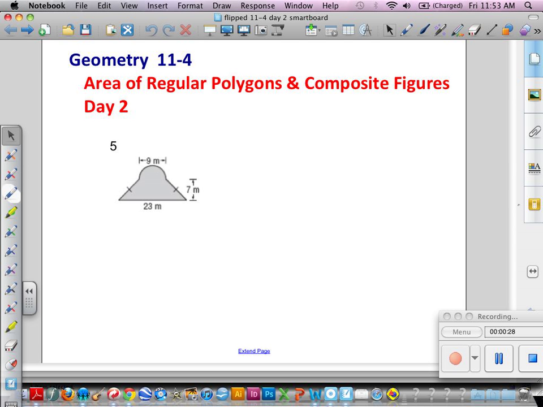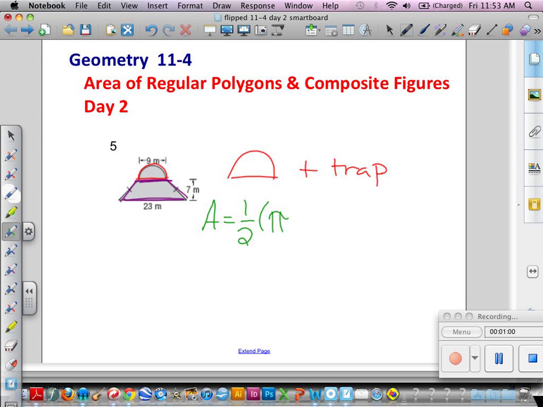When I look at my first example, which is number 5, I'm going to break this into two pieces. I'm looking here and I'm saying, okay, I've got a trapezoid and I've got half of a circle. So I'm going to have half a circle plus my trapezoid is what I need to do to find my area. So area equals, I've got half of a circle, so I need pi, I need the radius, so the radius is 4.5 here,